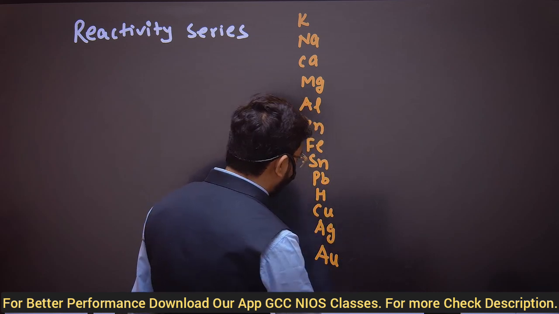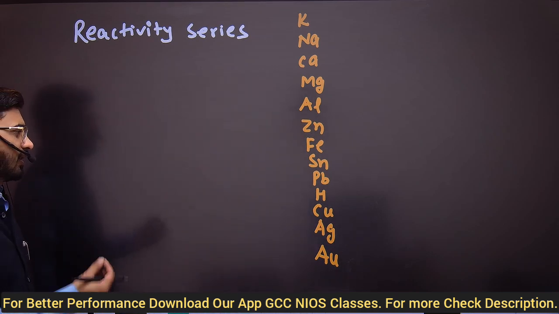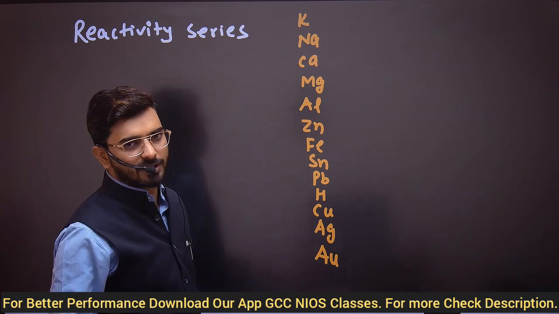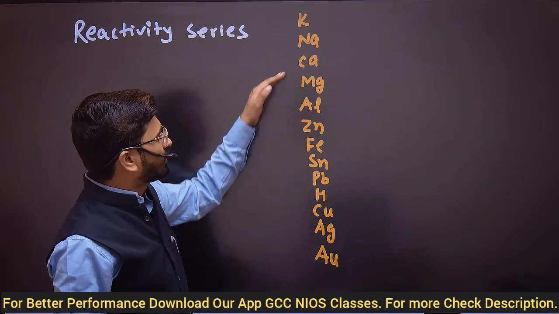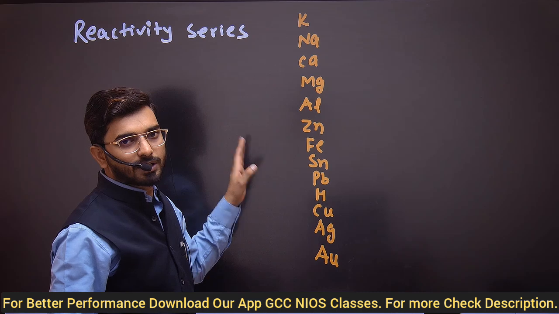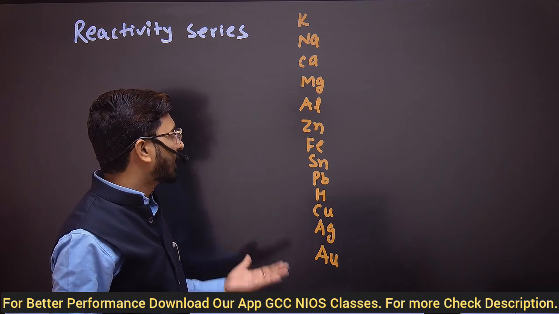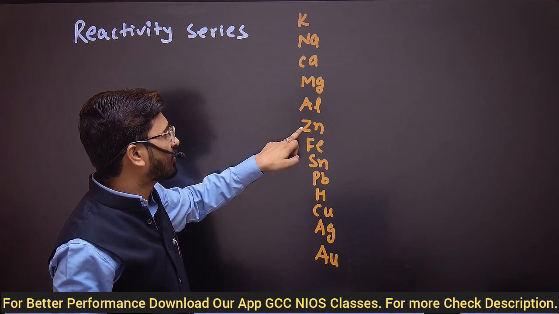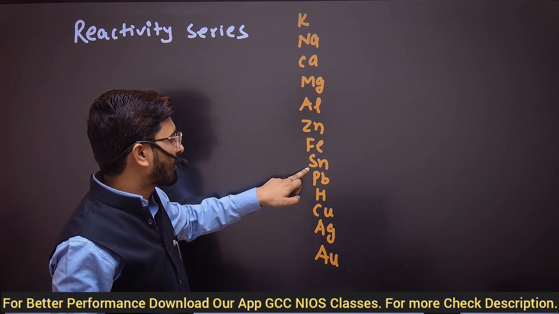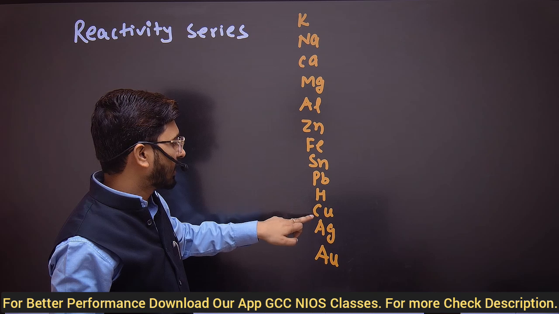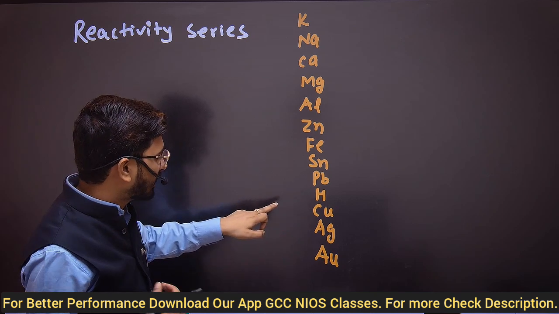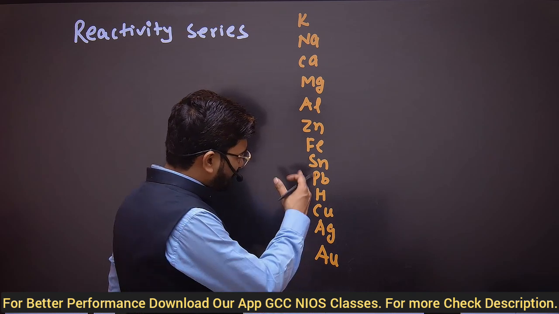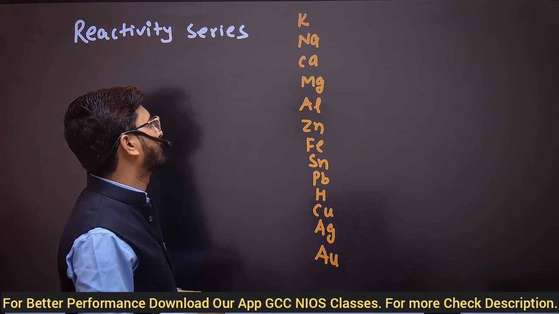So these are the main, popular elements that I try to write in this reactivity series, and whatever you have written, you can make your own way, but my trick is based on the Hindi language, that is "Kana ka mama ji aloo junk food sab pabandi hai". And there are other elements also here, like Hg, somewhere Hg, but I don't think it is required to write here.